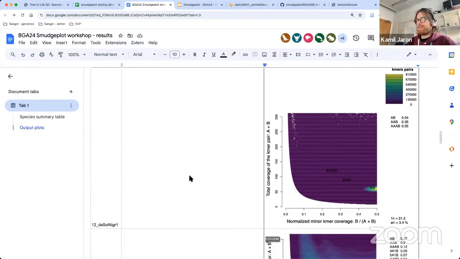So this one is meant to be tetraploid, but I think it's probably diploid. There's absolutely no signal of polyploidy. Sometimes what can happen is if you have very old or degenerated tetraploids or polyploids, on a k-mer level it can be easily diploid. But this is still informative information for you.